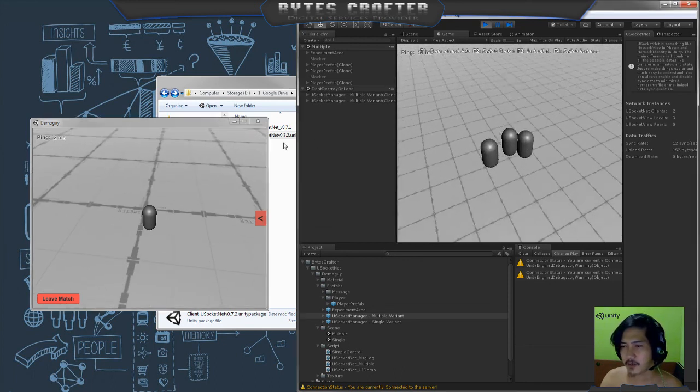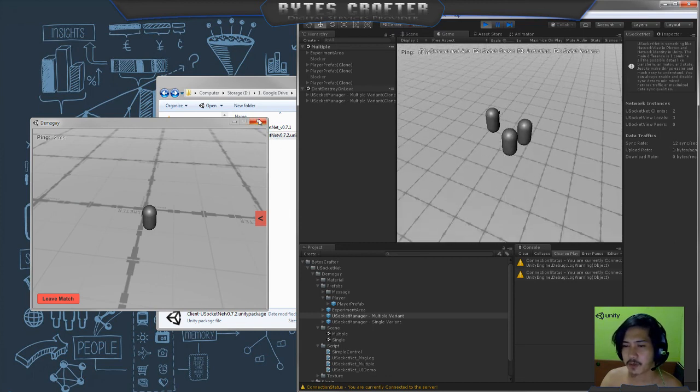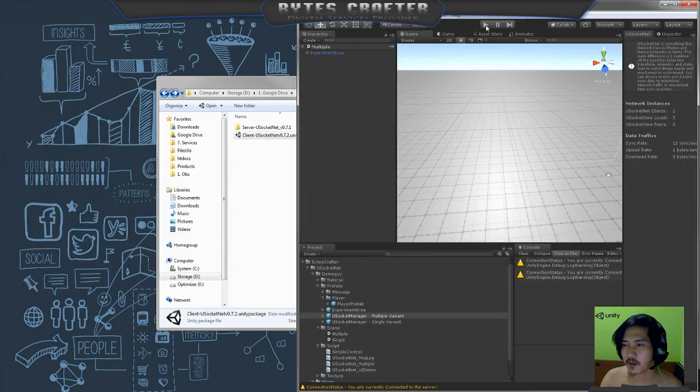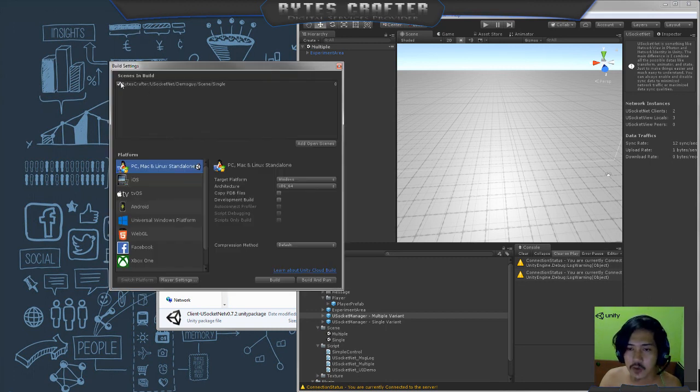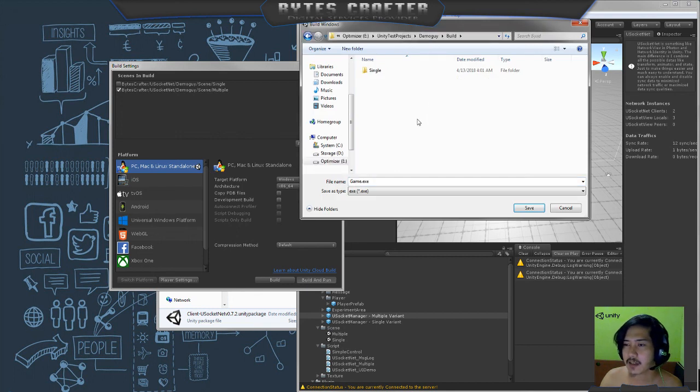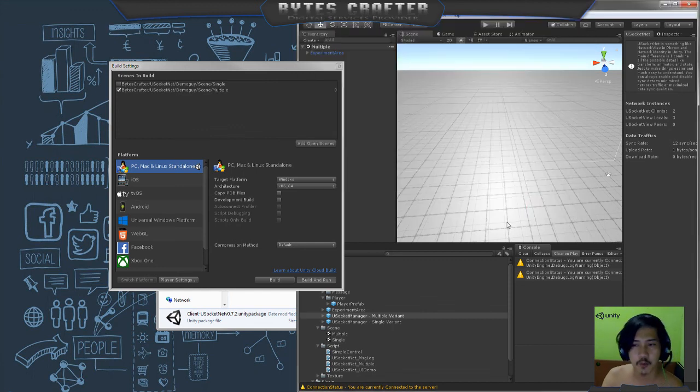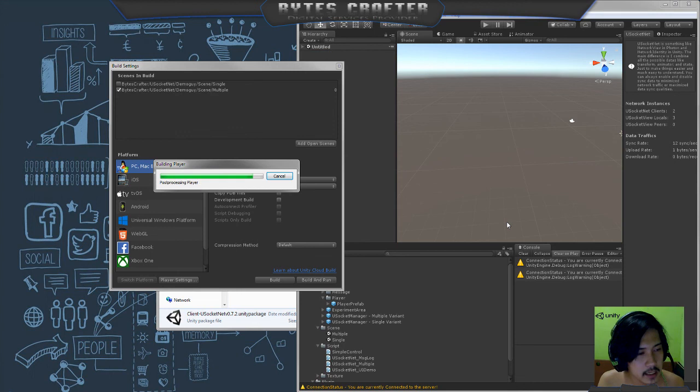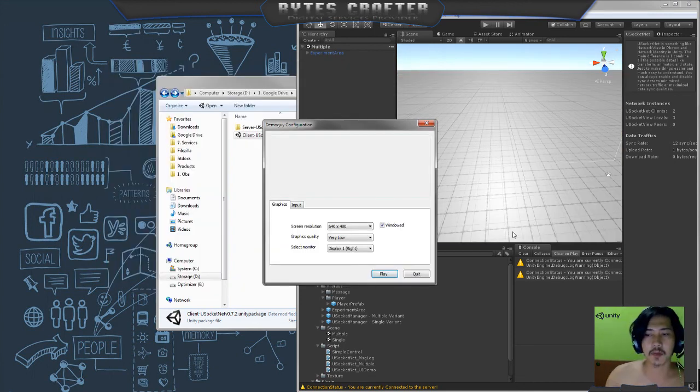And now what if we try to build this multiple so that we can test the scale, the load of the server. We'll just add the new scene. We'll create a multiple instance. Don't worry guys, this is the last one. Sorry for the long video, but hopefully you get the point and you get the importance and how easy usocket.net is to implement, and you own your own server. You can host your own server.